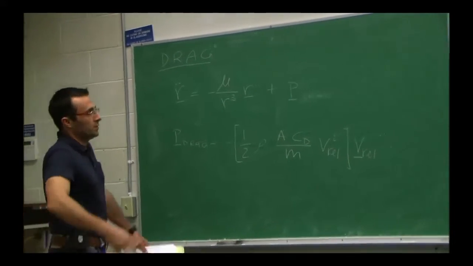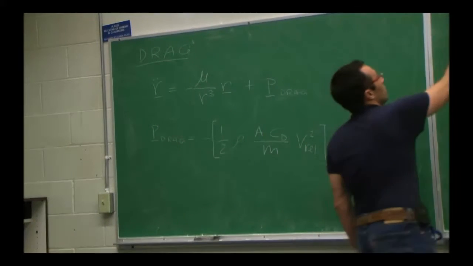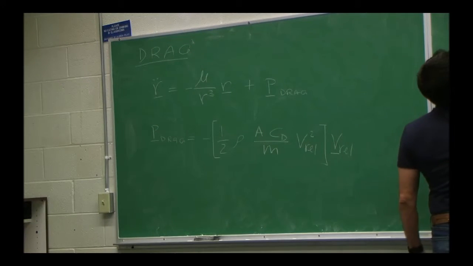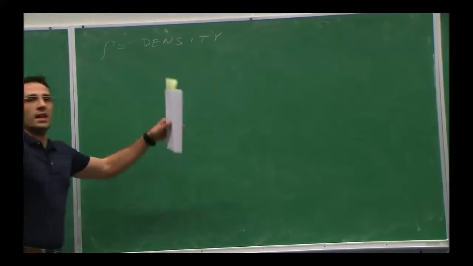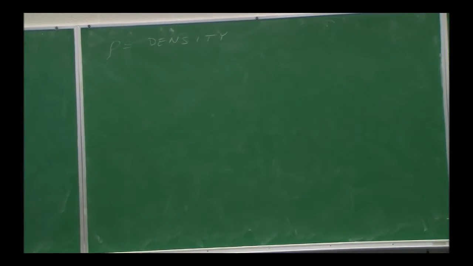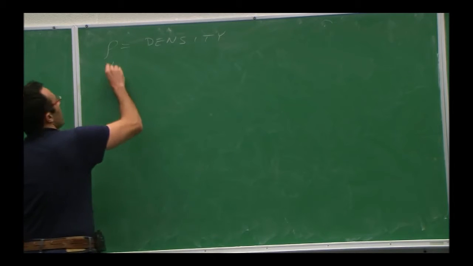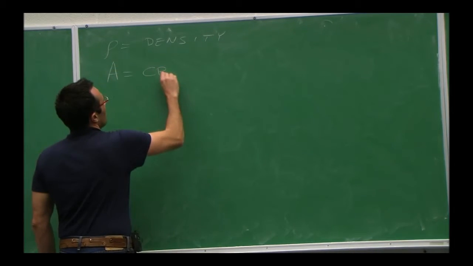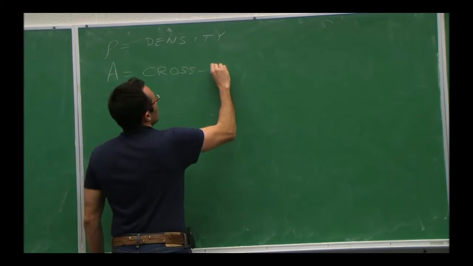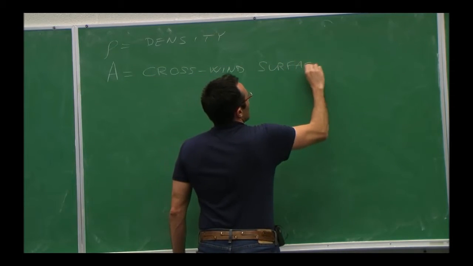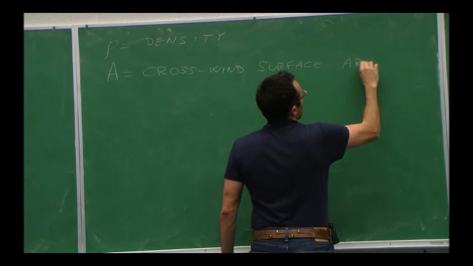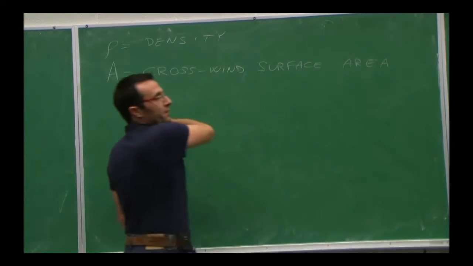So, no, 1/2 is 1/2. There's nothing to say about that. Rho is the density, the atmospheric density at pretty high altitudes. We said space starts at 100 kilometers. That definition is kind of blurry, but we need to spend a few words on the different models available. But let's do the simple ones. A is what we call cross-wind surface area. In other words, you take your spacecraft, you look at the direction of that VREL that I have